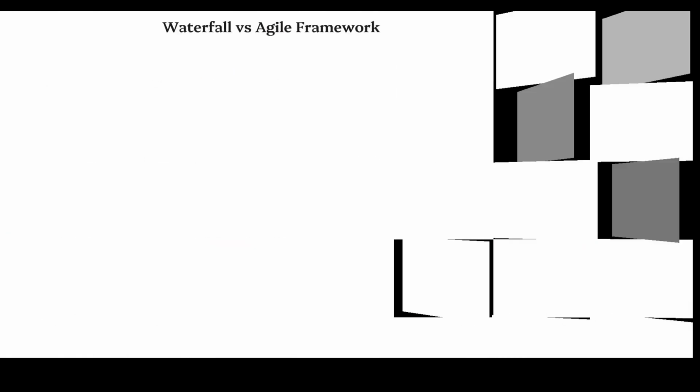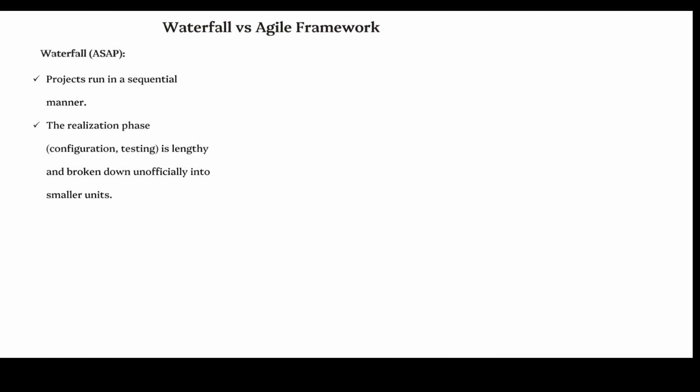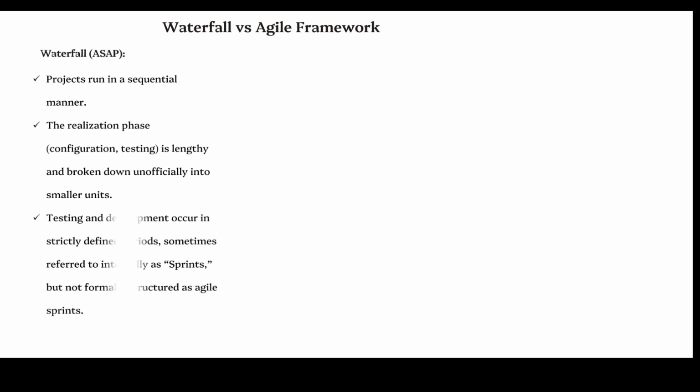Waterfall versus Agile framework. Waterfall, ASAP. Projects run in a sequential manner. The realization phase, configuration, and testing are lengthy and broken down unofficially into smaller units. Testing and development occur in strictly defined periods, sometimes referred to internally as sprints, but not formally structured as agile